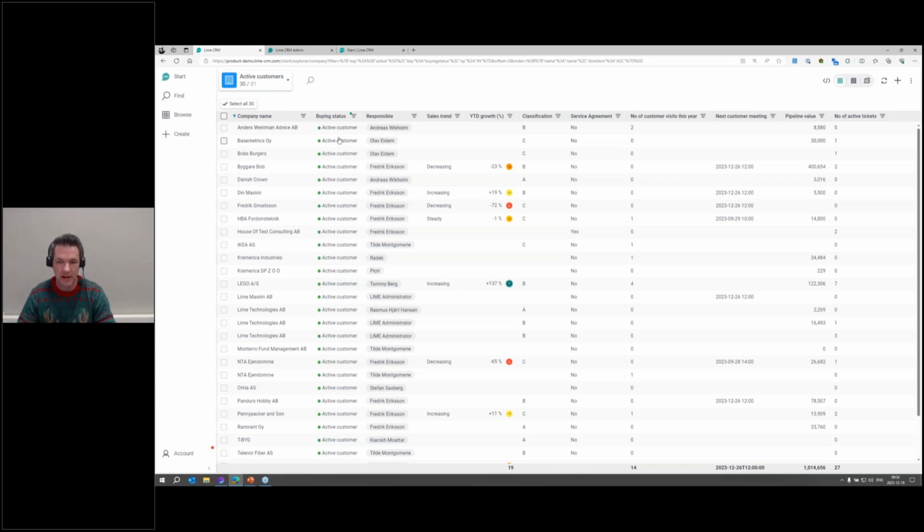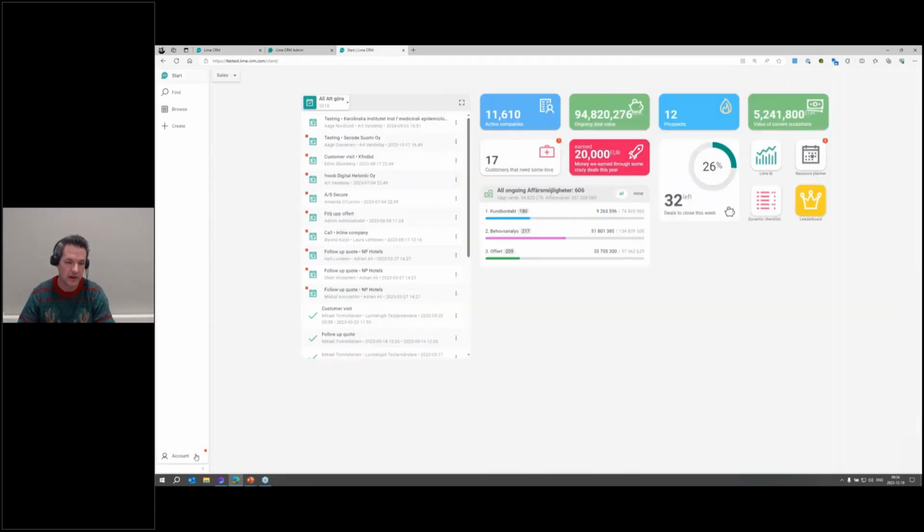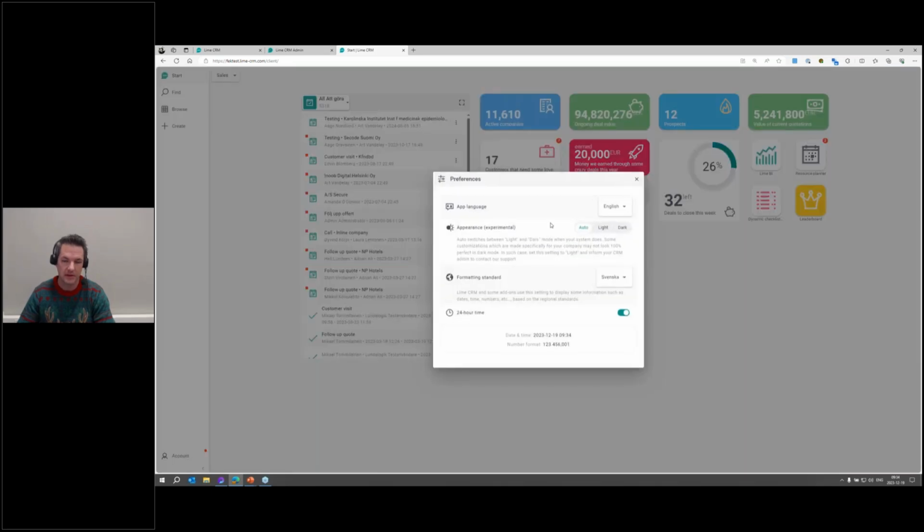So lately, we've also been adding a couple of user preferences to tailor the way the web client looks and feels. So I'm going to show you how that works. So in the menu, down to the left, you have the account menu. And there you'll find preferences. And in that, you can, for example, choose what language you want the application to run in, or you can say how the number formatting should be and how time should be presented throughout the entire application. We've also added